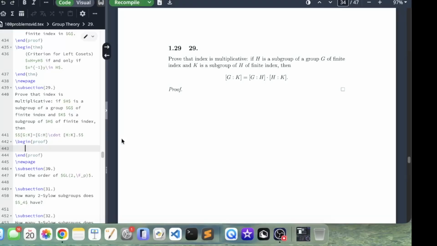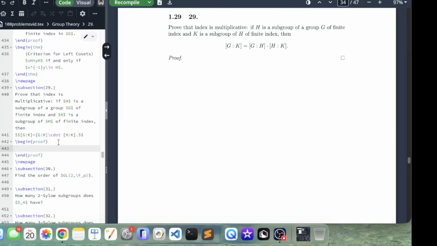All right, problem 29 in group theory. Prove that index is multiplicative. If H is a subgroup of a group G of finite index and K is a subgroup of H of finite index, then the index of K in G is equal to the index of H in G times the index of K in H. Okay, so we're going to